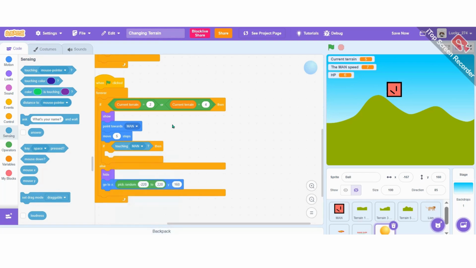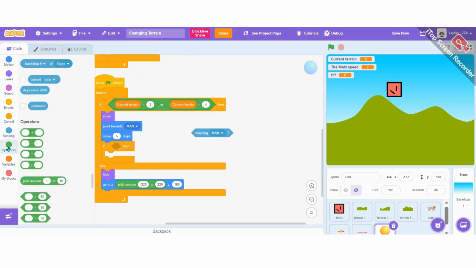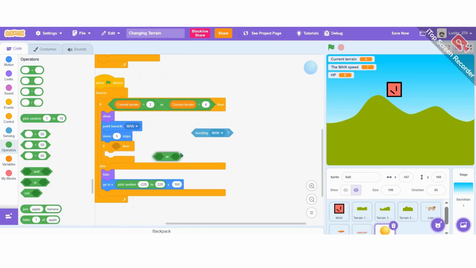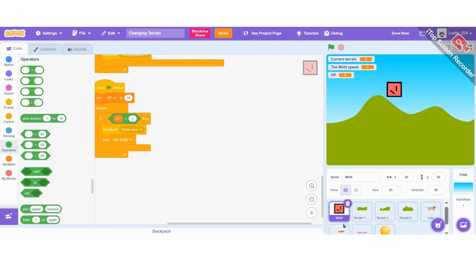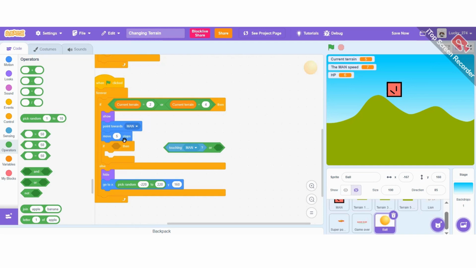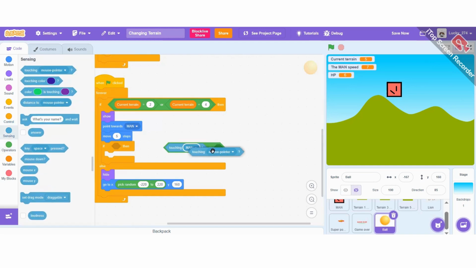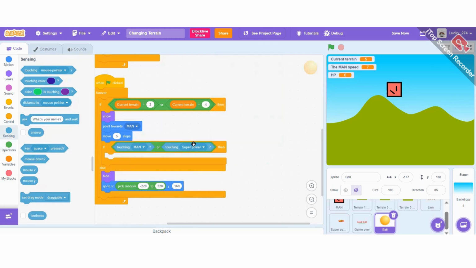If touching man, I'm so used to saying cat because I've done so many things with the cat. And if touching man or touching this thing, superpower. Yeah, that's what it's for, the superpower. Or touching superpower. Then